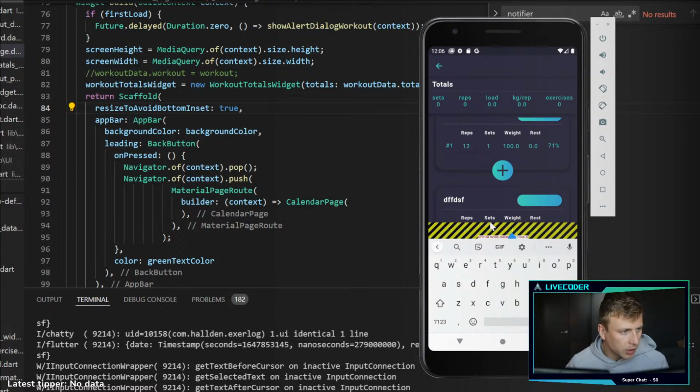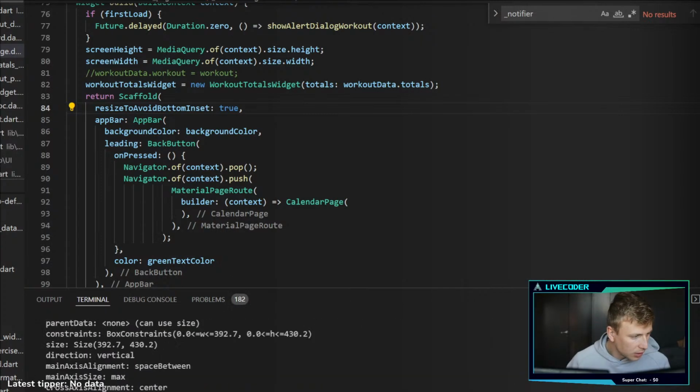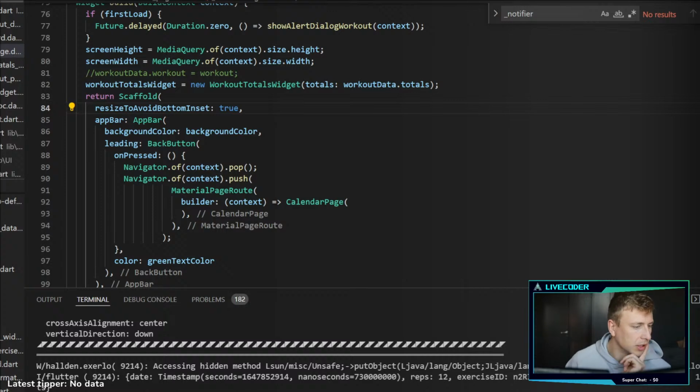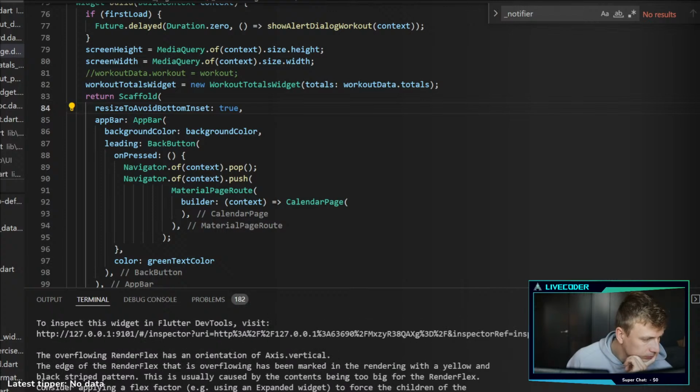Okay, I think this might be what we want. The question is just why there's a sizing issue. The overall